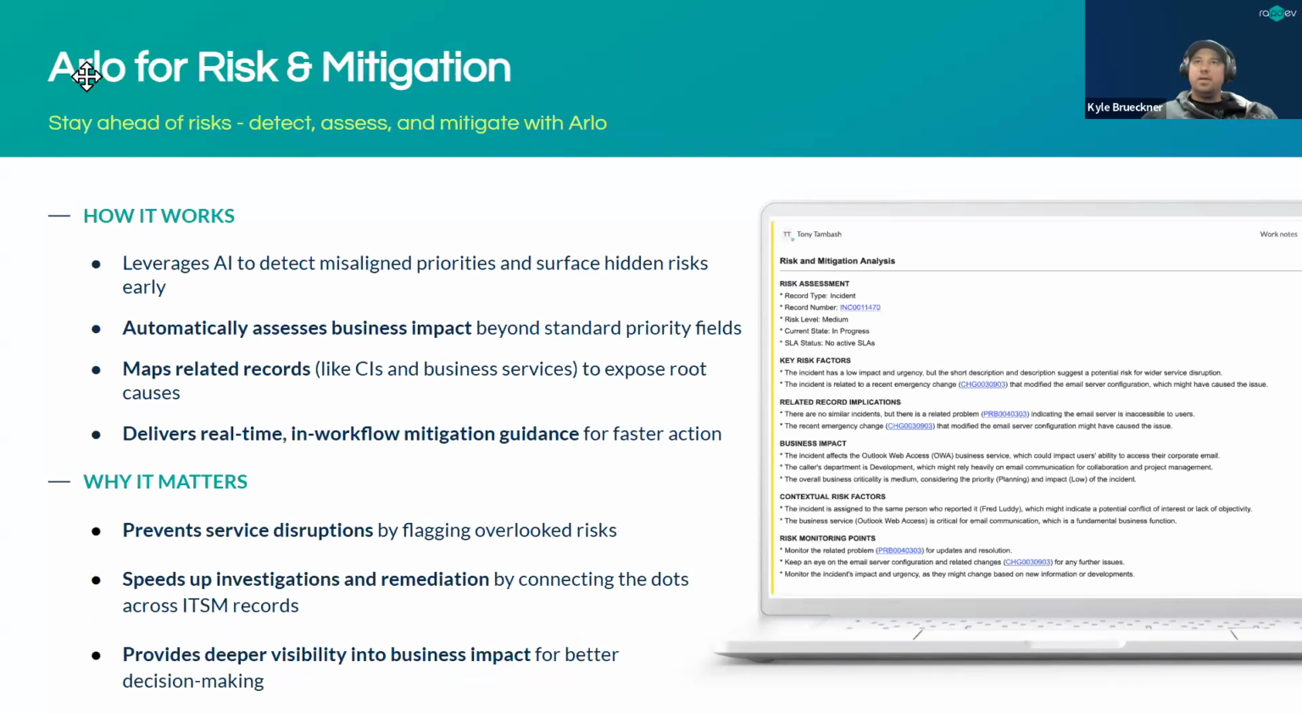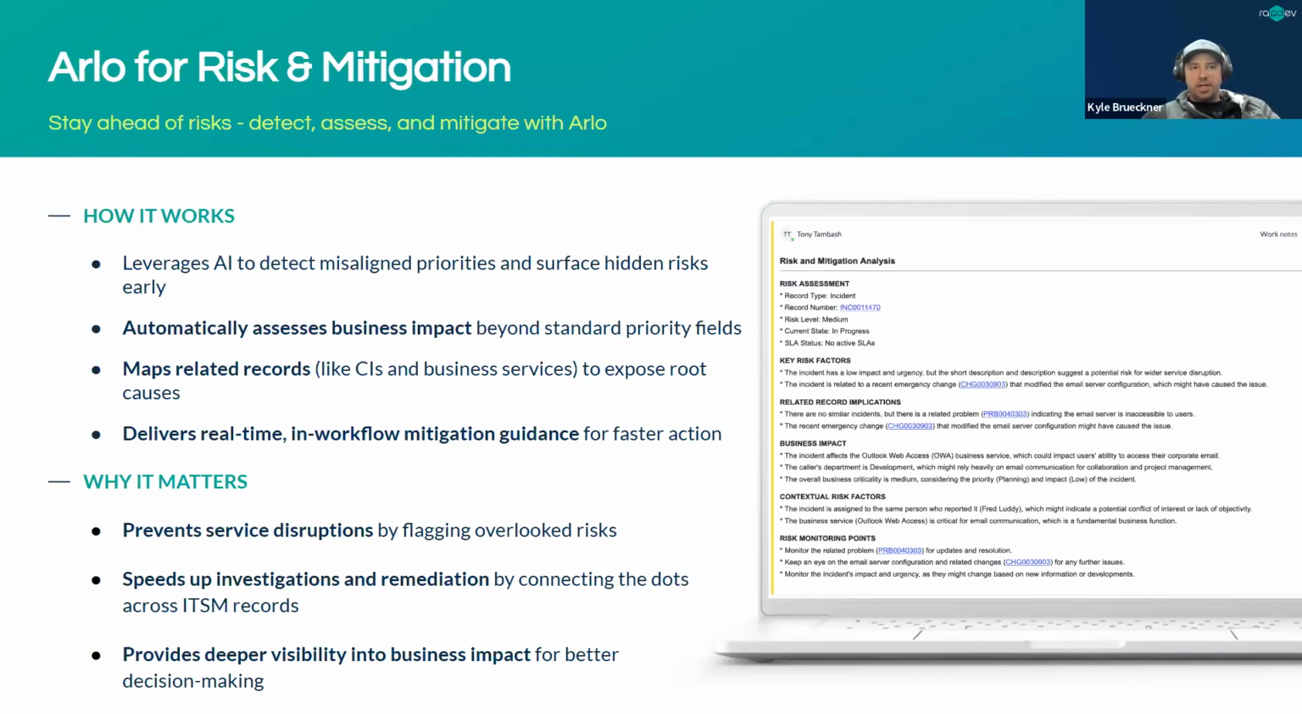The next one we have here is Arlo for risk and mitigation. Now, this one, a lot like Arlo for incident documentation, is driven by a UI action on the record, but it's not just for incidents. So this can be used for really any record in the system, and mostly useful for incidents, maybe change requests, something on the vulnerability side as well,